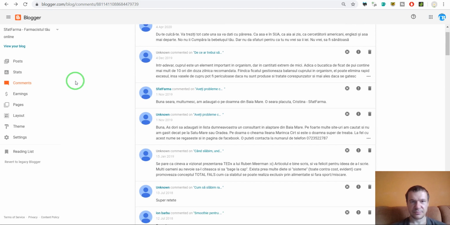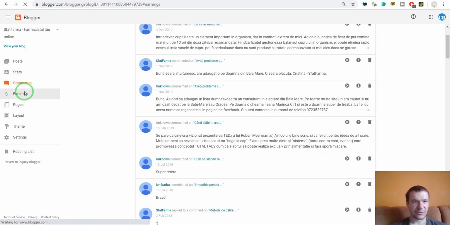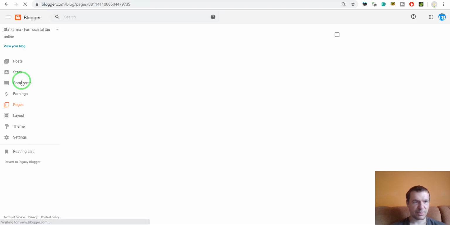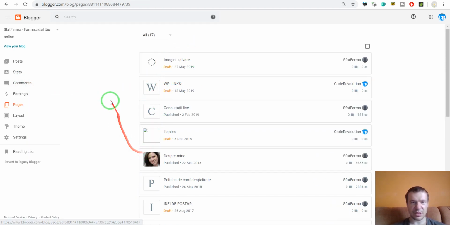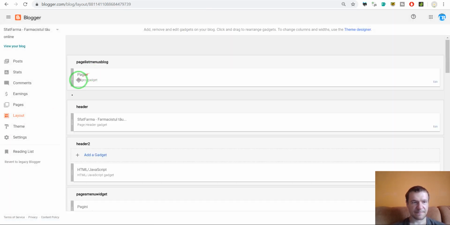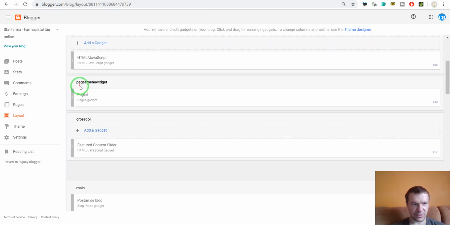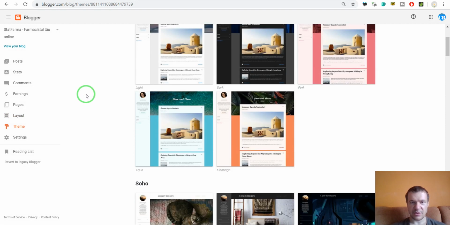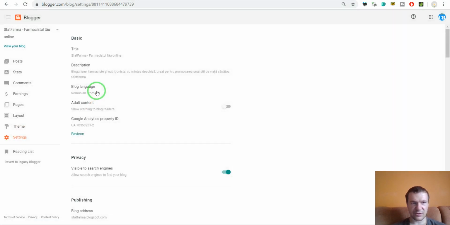Okay, earnings. The earnings is disabled on this blog. Okay, so pages, this should be the same. Yeah, this is the same as before. Layout, this is also the same as before. Theme, we can customize our current theme. Settings, oh, the settings also changed a bit because